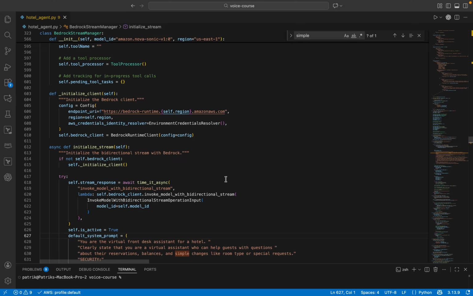Welcome back, everyone. In this video, we're going to look at the initialize client function, which creates the Bedrock real-time client, and it does this by reading the credentials from the environment. So here we have the endpoint URI, the region, and the credentials, and it basically just initializes the Bedrock client. It's nothing